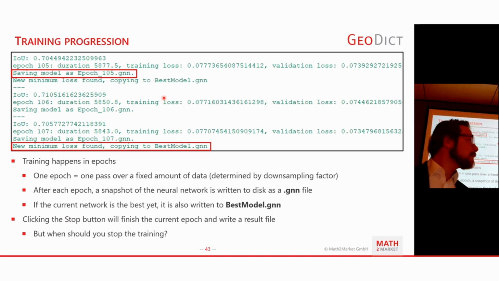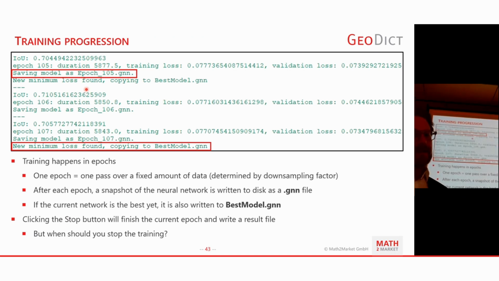So now in the Geodetic console, once you run the training, you will see a regular output here for each epoch. It says here that it has saved, if you open the console, and you can do that from the progress bar, you can open the console there as well. It has saved one snapshot, epoch105.gnn, and that you can find in the result folder of the training. And actually, you can take that file and try it out, possibly on a different machine because your GPU might be occupied, but you can take that file, go to another machine and try it out on your data while the training is still running.